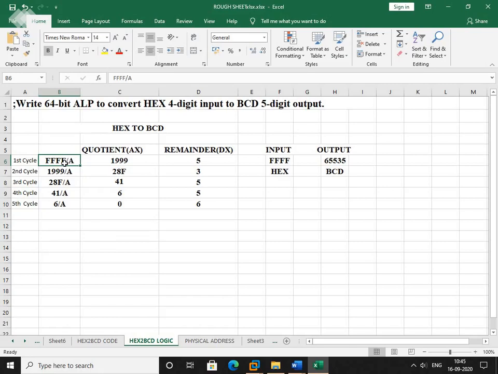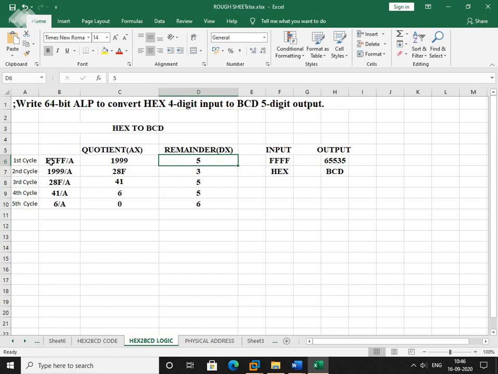Now, here after division, the quotient will be stored in the accumulator and remainder will be stored in the data register. Okay, so in the first cycle, when we divide this 4 times F, capital F, by capital A, then we get a quotient 1999 and we get a remainder as 5, right? So this will be stored on the stack.